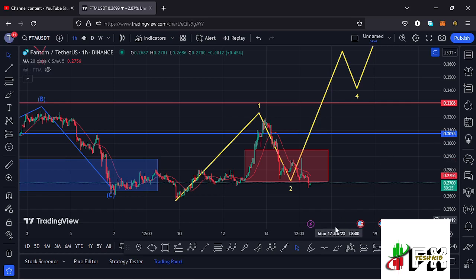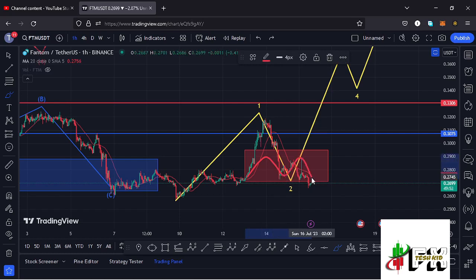At the time of this recording, Fantom is holding below the 20-day MA here on the 1 hour chart, which is now acting as a resistance for us to continue gearing up. We have also continued to obey the Elliot wave structures, where we have been seeing a breakdown move in the formation of this wave 2, in a move that has now managed to get into the minimum retracement area highlighted on the charts using this red target area, which is an area that we have now fully